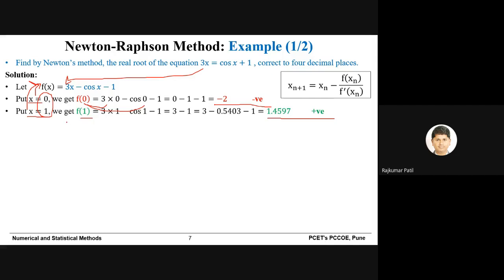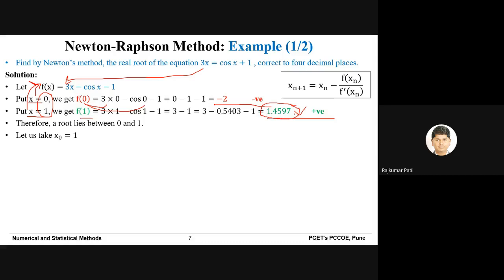Now we are very sure that the root lies between 0 and 1, but when we move towards the exact root of the equation, the value of f of x approaches 0. So if you compare f of 0 and f of 1, then 1.4597, that is f of 1, is close to 0, and that's why we will take the initial approximation as x naught equal to 1.